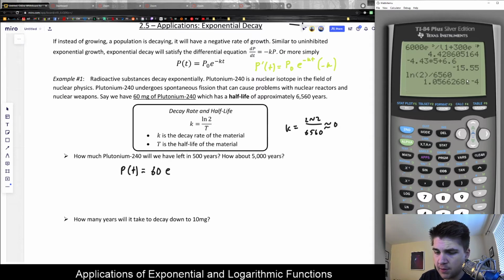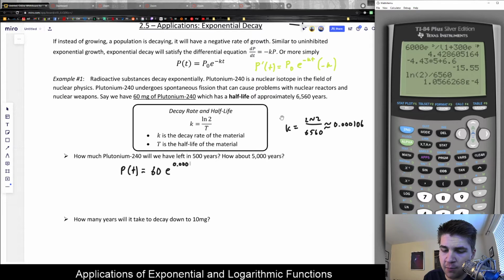Approximately 0.0001. And we'll go ahead and round to 3 significant figures just to make sure we're not overly rounding. Again, rounding is the enemy for accuracy. At the end of the day, these are just predictive models, but when it comes to online homework or whatever, just do your best to not round too much because it might make the answer fall out of the accepted